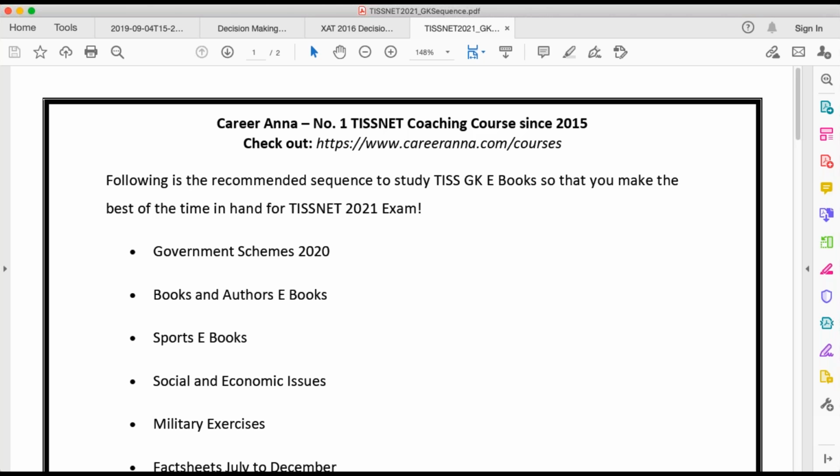But when you are studying, first you should remember all the prominent and popular government schemes. Then you should try to go through all the government schemes at least once or twice. At least you should know the name and the purpose of the scheme, if not the time or the budget. The purpose is something you should definitely know. For schemes launched in 2020, you should be aware of at least the name and the purpose; if a scheme was launched in 2019 or 2018, you can still skip it. There is no running away from the government schemes ebook. It's a very important one.